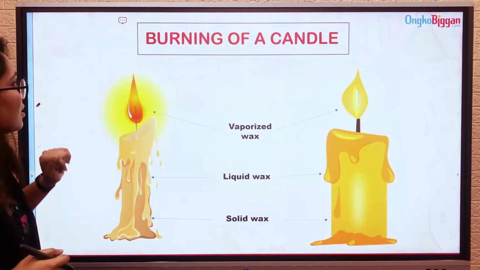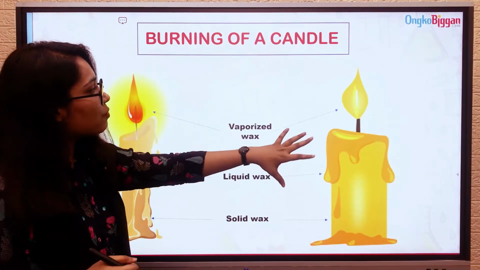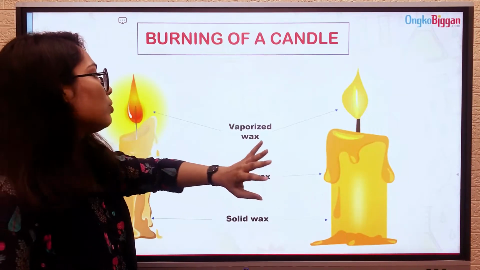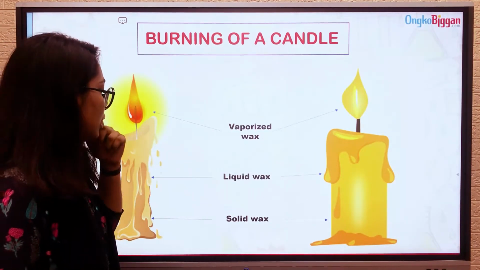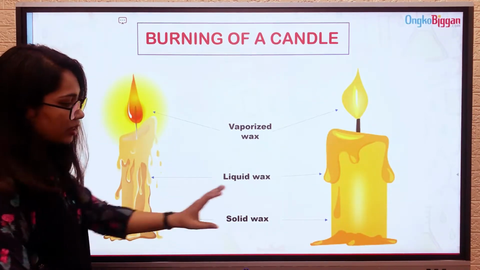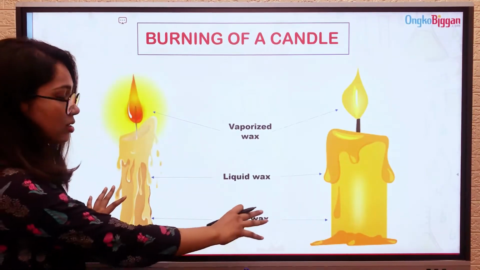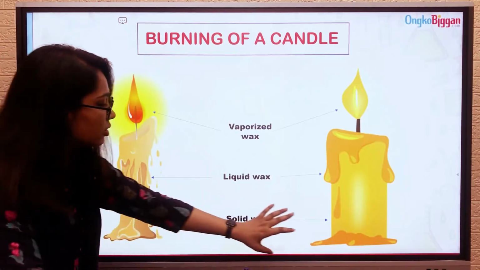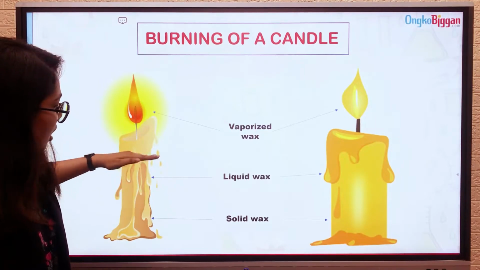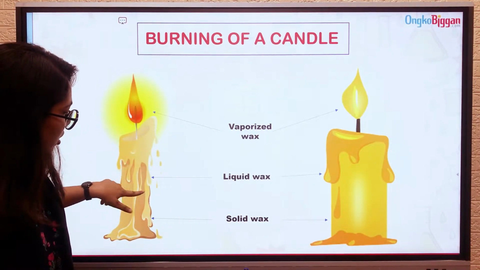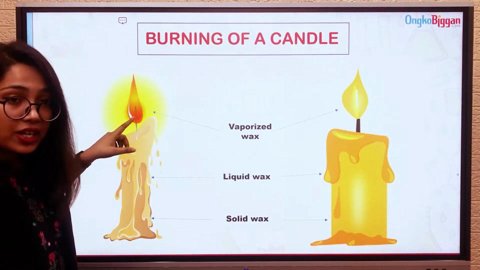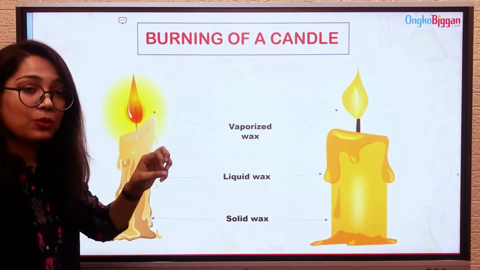Let's figure it out. Here we have a picture of a burning candle. A candle is basically wax, right? If you burn a candle down, you see this form here and here. These are the solid forms of wax. Here the wax is solid. But a bit up from this place, the wax is melting because it is near the fire and the fire is melting the wax down.